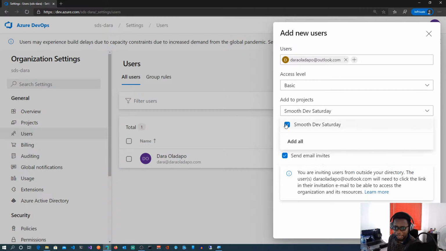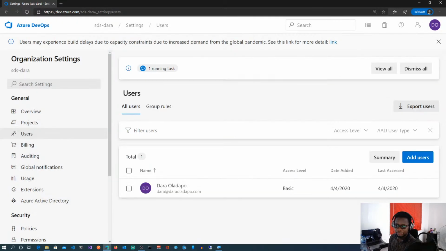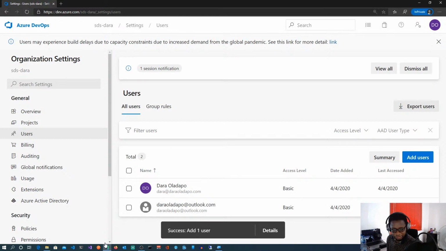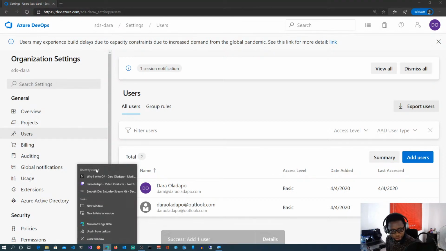Okay, so I'll just add that person to this tenant, and then it will go ahead to add this fellow here. But to actually be sure that this person gets the needed invitation, let me go ahead